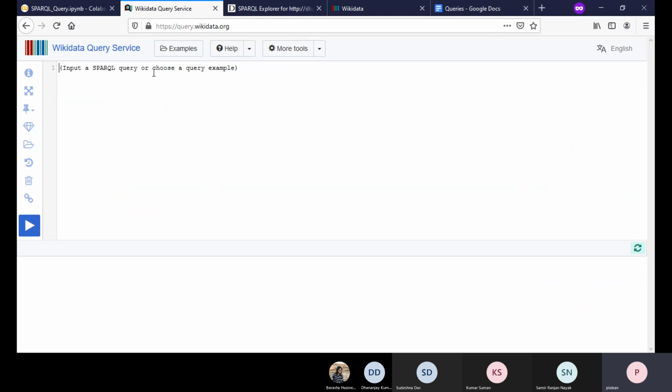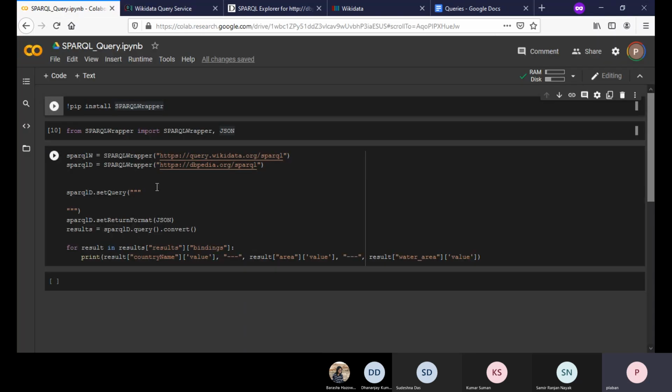So these are the two things you can make use of, right? And whatever query you will be writing here, we'll be taking those queries and executing them from the Python program. So basically, the Python program, you can see it's a very simple one. There is nothing much to do here, but there is a component in the assignment where you need to write a piece of code where you will be doing a federated kind of query.